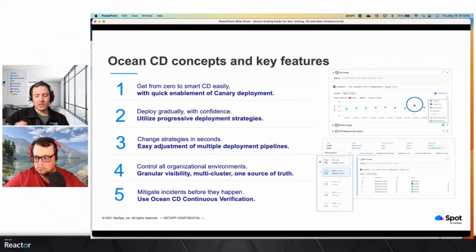And of course, we give you complete confidence in everything that you're doing within Ocean CD by integrating with all the different metrics and monitoring tools right out of the box. We're multi-cloud, multi-cluster, and within a single pane of glass, you'll have that single source of truth as to everything going on within your clusters, and then aggregated DORA dashboards and things like that to see how everything is behaving over time.